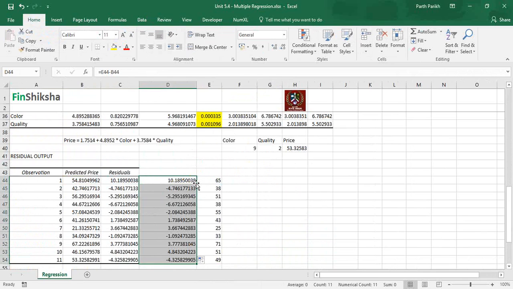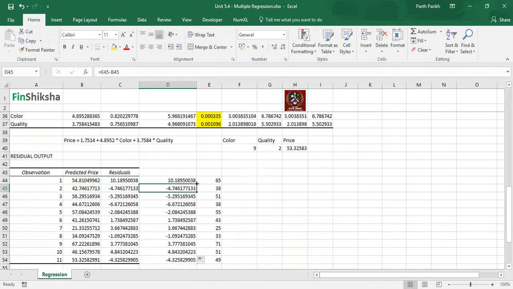Again, I will reiterate the point. We only had 11 entries, so we cannot really figure out whether we can eliminate any of the variables, because this is just a sample. But if our sample is 50, 100, 1000 values, then where the residuals are too huge, those are called outliers, and we can probably eliminate or ignore those residuals when we are doing the actual regression. All right, so this is how we do the multiple regression.